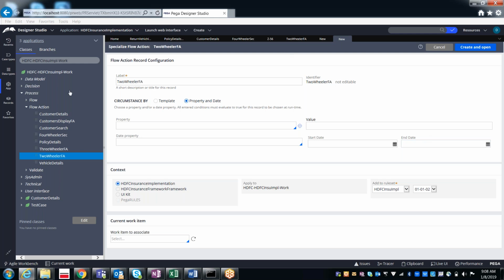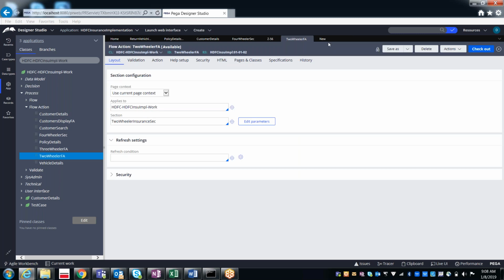Instead of doing it for the two-wheeler flow action, for circumstancing I would like to implement the functionality a little new and start from scratch. Otherwise it may be confusing for you if it is having two-wheeler again. So I would like to have the functionality a little new. Let me start. For achieving the same functionality, but instead of having these flow actions, I want to do it in a different way. So create a new flow action.